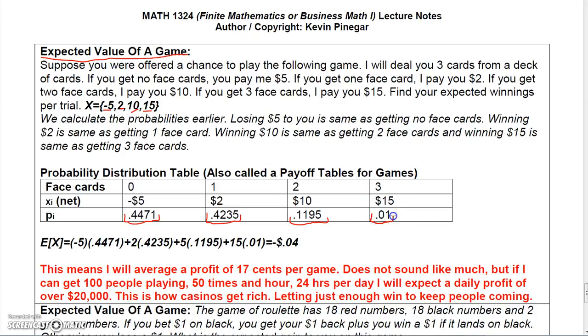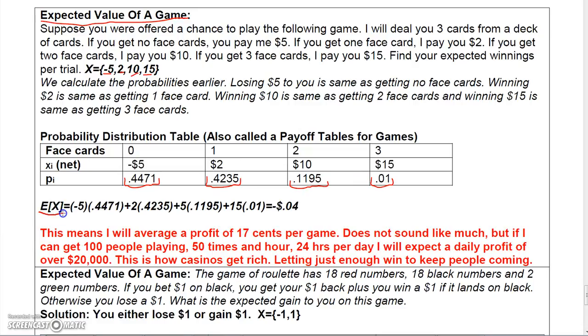Now, we're not looking for the expected number of face cards. We're looking for the expected winnings. So for X, we're going to use these dollar amounts. So -5 pairs with probability 0.4471, 2 pairs with 0.4235, 10 pairs with 0.1195, and 15 pairs with 0.01. Now, when I calculated this, I got approximately -$0.04. So that means that the average person is going to lose 4 cents,